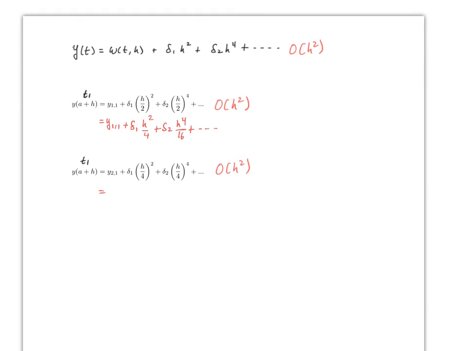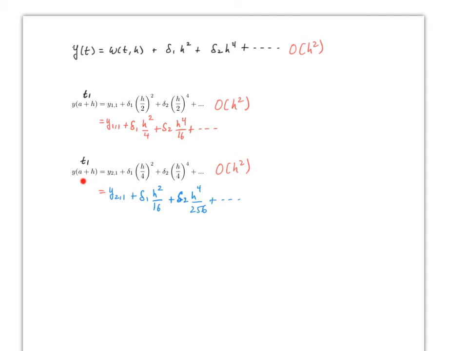This one will be Y21 plus delta 1 H squared over 16, and then again delta 2 H to the 4 over 256, and so forth. Now here, if you do a little bit of algebra and you combine this and this one,